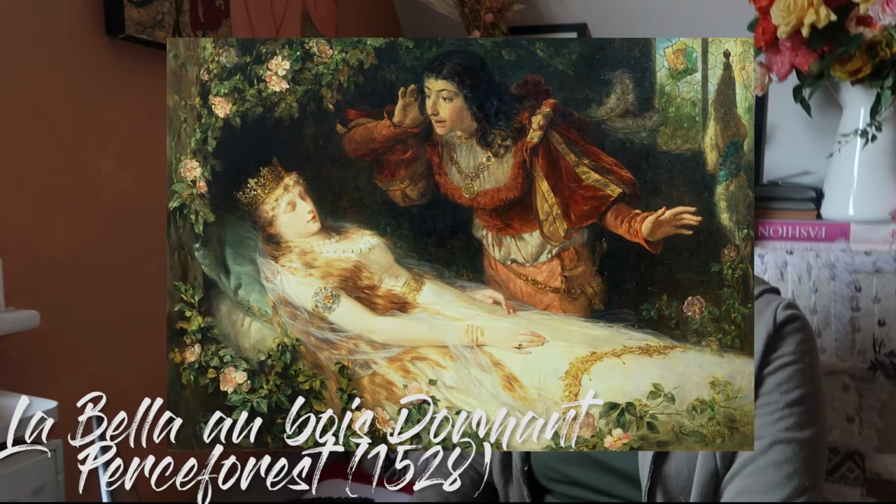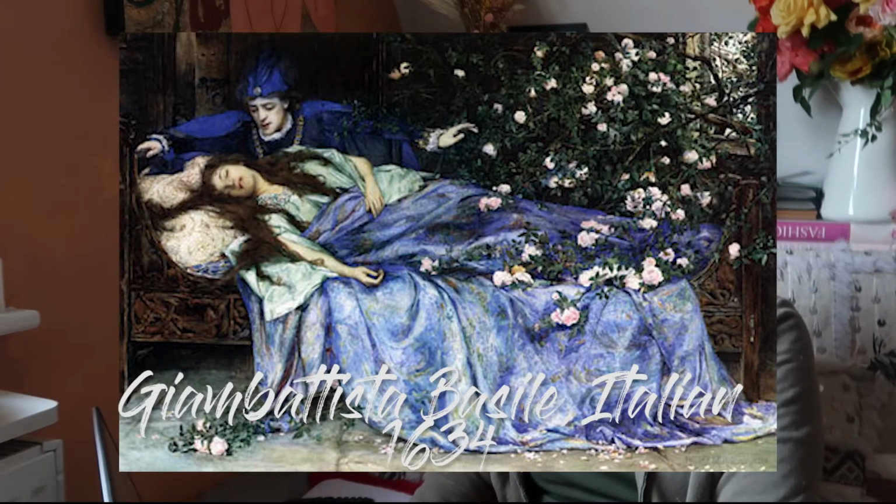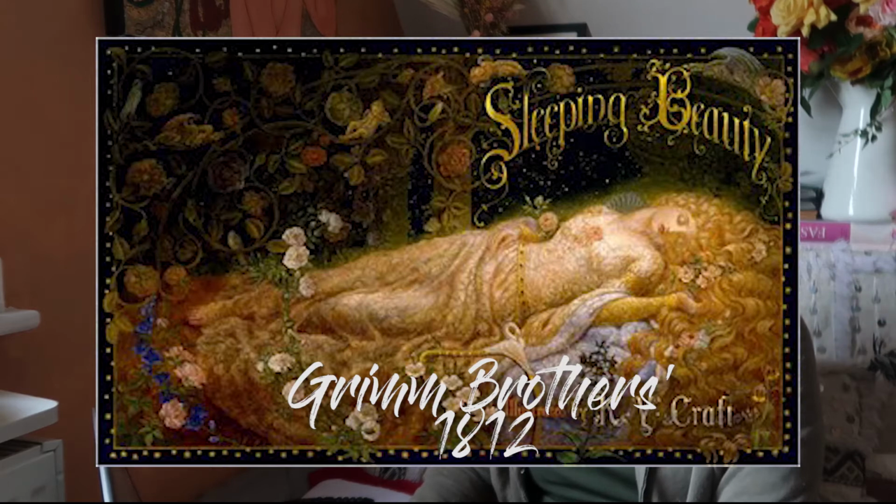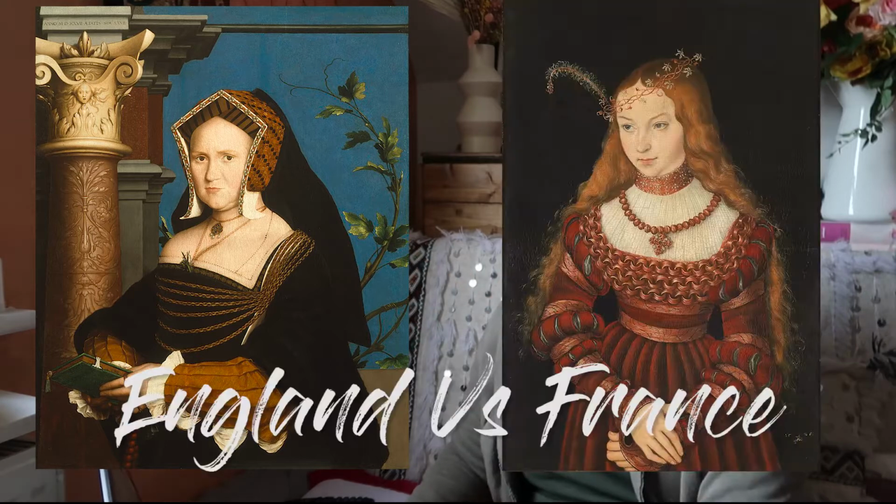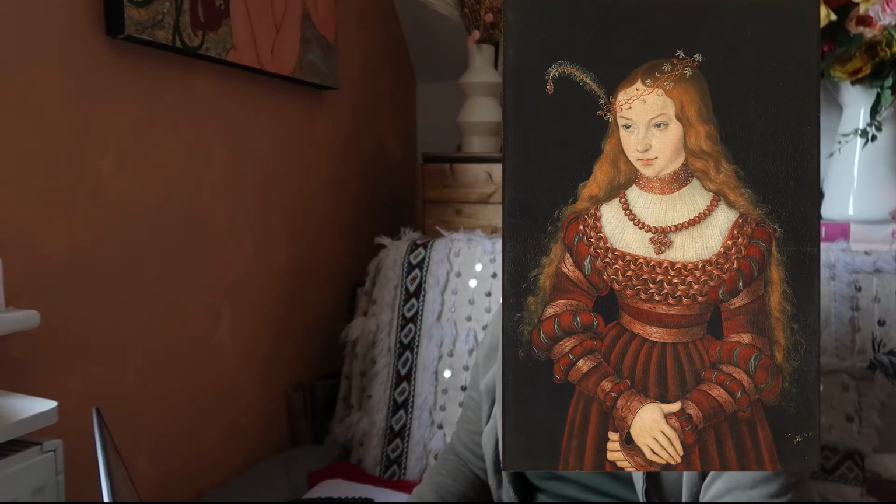Going through all this, you've got several versions. You've got the original plot, and then you've got the original writer's plot, and then you've got the Grimm brothers' plot, another person's plot. There are different variations. So it's interesting because we've got to choose one of the books. Do we choose the original one, or do we choose something that's been rewritten? For me, I think I'm going to do the original one, because I think it'd be really interesting to do that time period, because it's, you know, Tudor sort of period. But either way, it's going to be French, so it's going to be a completely different palette.